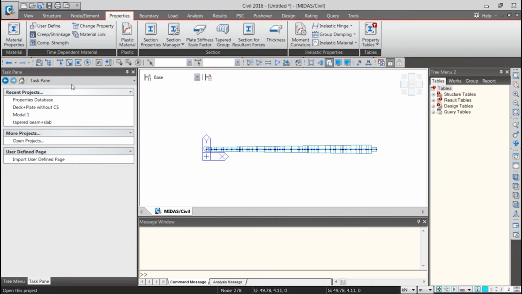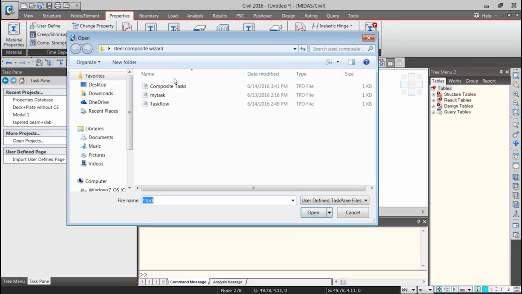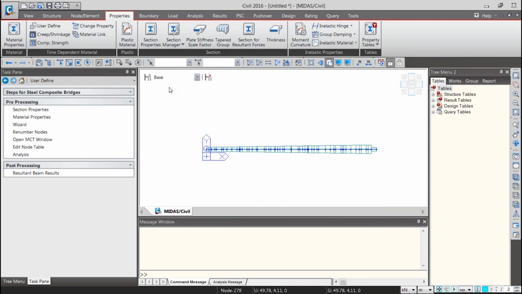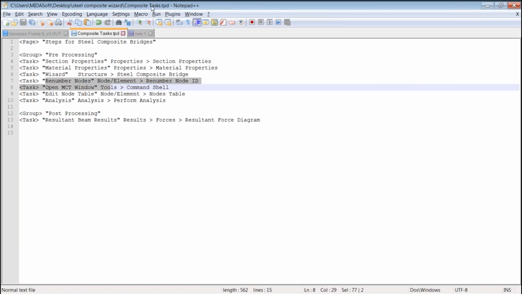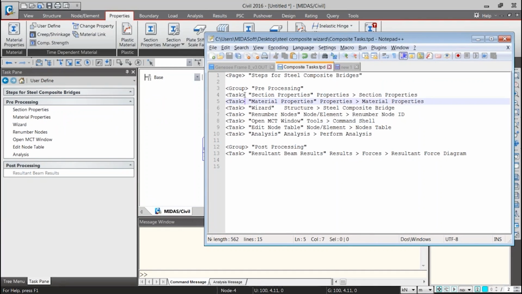Once we have done that, we can go to task pane from here, and then click on import user defined page, and just double click on composite tasks. You'll find that this is the title of the task pane. I'll just show you this side by side so that you understand what it is.